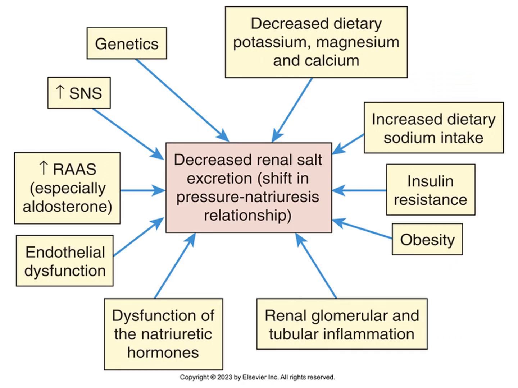This diagram illustrates the many contributors to decreased renal salt excretion, a key mechanism in the development of hypertension. At the center is a shift in the pressure-natriuresis relationship, meaning the kidneys excrete less salt at a given blood pressure. Factors leading to this include genetic predisposition, increased sympathetic nervous system activity, activation of the RAAS system, especially aldosterone,